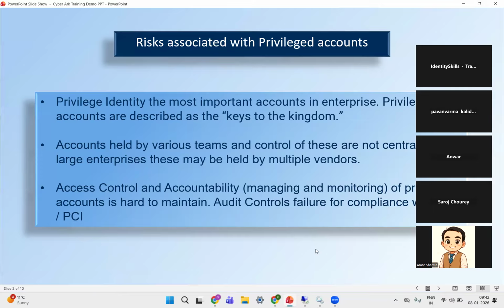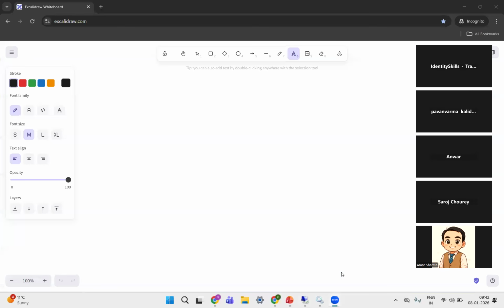For this, I'm sharing my new screen, just a minute. Okay, is my new screen visible here? Yes, it is visible. Okay,